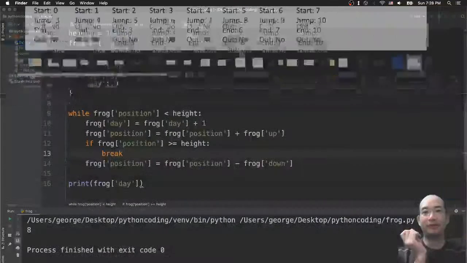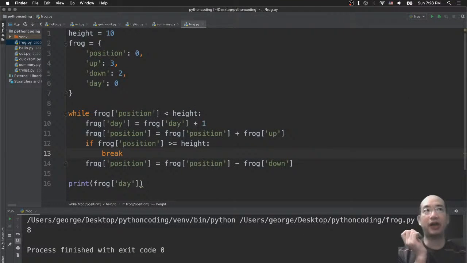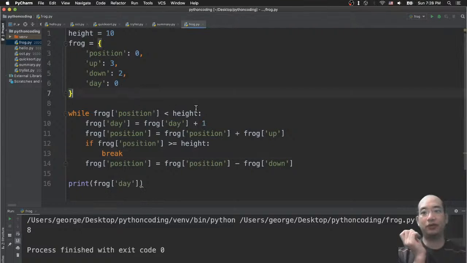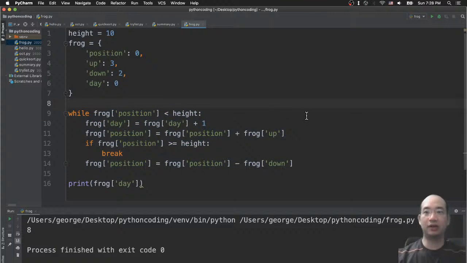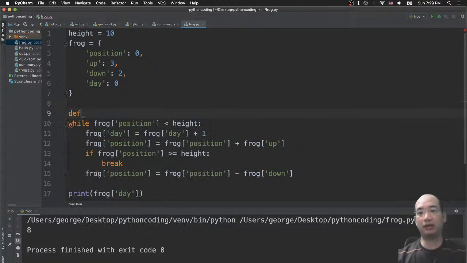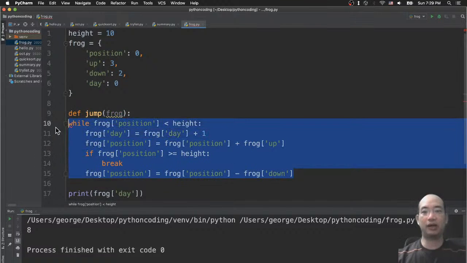Okay, so what I'm going to do is show you how to change our program, and you will get the answer immediately. So let's do this. First, we will define a function for this. Let's define a function called jump, and you put the frog inside here, frog as a parameter. And in this function, I will highlight all the code inside the while loop,